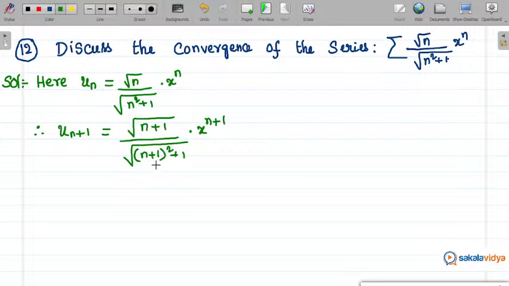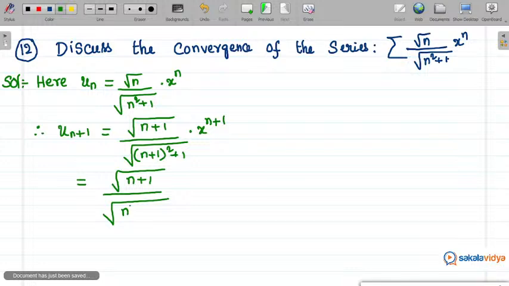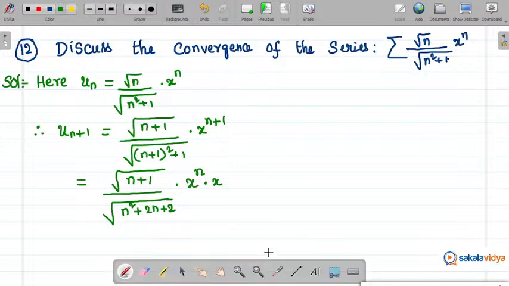So let us simplify this further. This is equal to root of n plus 1 divided by root of, we can write n plus 1 whole square, using the a plus b whole square formula, a square plus 2ab plus b square. We can write n square plus 2n plus 1, plus 1, that is n square plus 2n plus 2, into x to the power of n plus 1. You can write x to the power of n into x. So now you need to find out